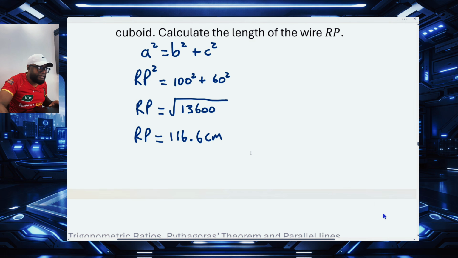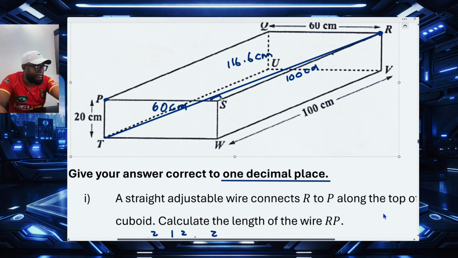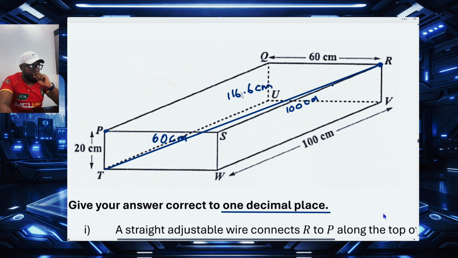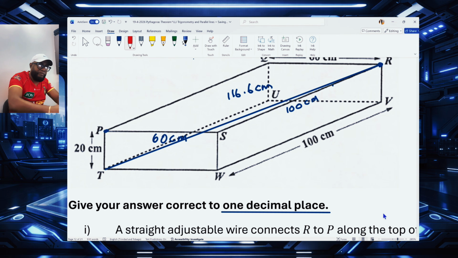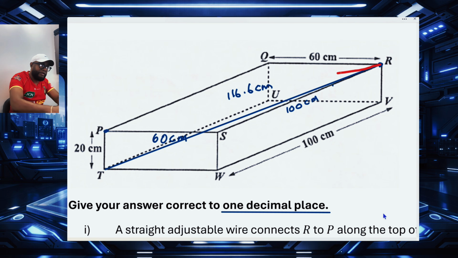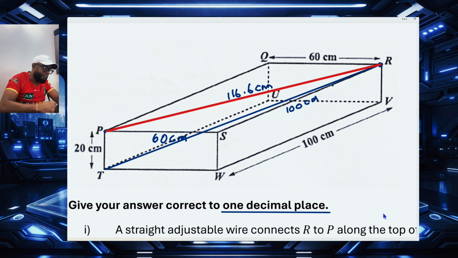So let me just clear up some things here, right? I'm moving this, just to see it a little better. I'm leaving this here, but what I'm going to do is pull back a line from R to P. But this is the line we really drop. I'm pulling back this line, boom. That line is 116. Now, if I drop that line,